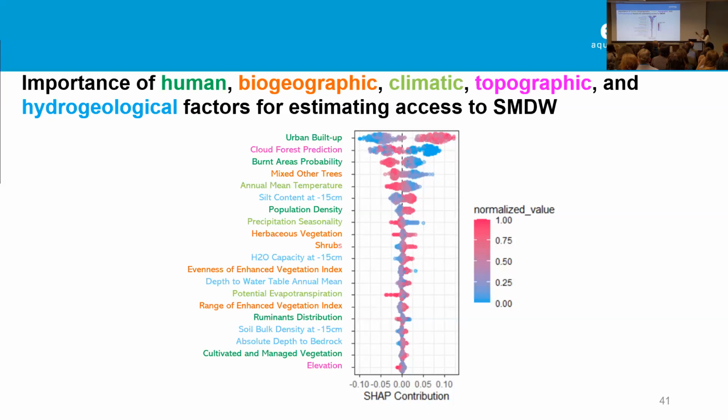If we see, so the opposite, for example, with another human layer is the burnt area probability, where we see that lower burnt area probability contributed to higher estimates. And then we have these other indicators, so for example, the cloud forest prediction. The trend isn't as clear, but we classified it as a